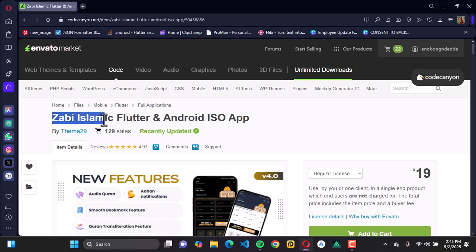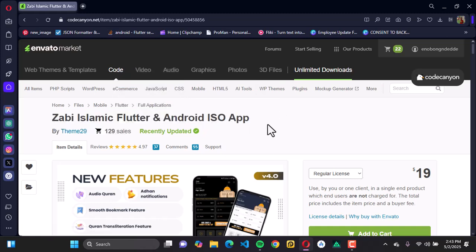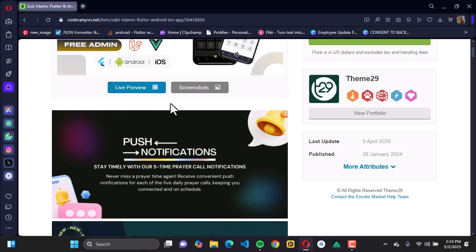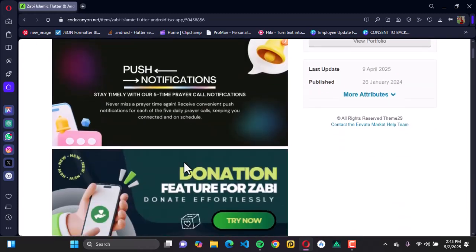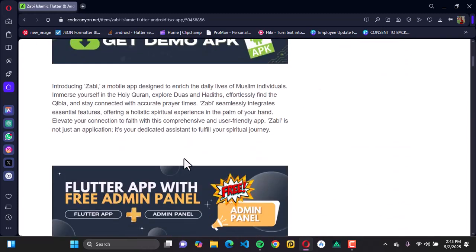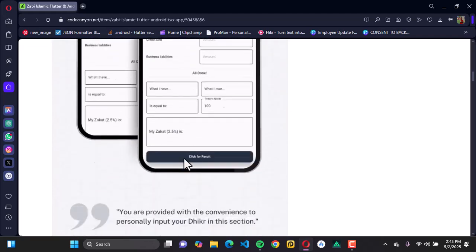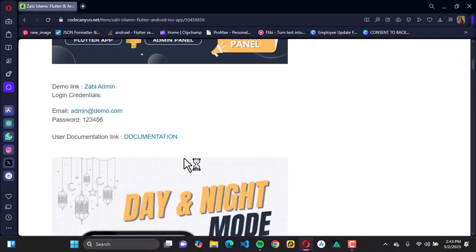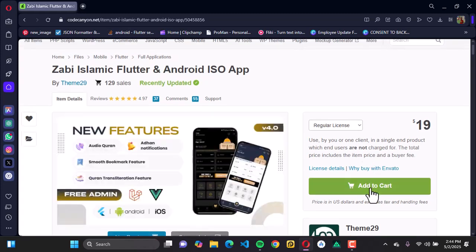This is Zabi Islamic Flutter Android iOS application. The first thing we have to do is look at the preview video of this application as well as the screenshots, and do well to go through the documentation in order to understand the features and all the things that are inside this application. And once you're done with that, you could directly go to this button that is going to ask you to